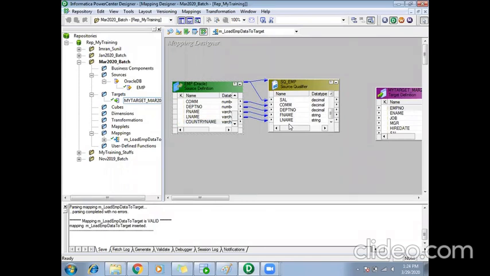So, and this is the best practice, because in real time scenarios, you will be working on big tables. They might be having 100, 200 columns. So if you are extracting the data for unwanted columns also, it will cause you performance issues. And it will take memory also, right? So it is always a best practice to remove your unwanted columns, which are really not required for this particular process. You can remove it in your source qualifier and use only those columns which are required for your purpose.